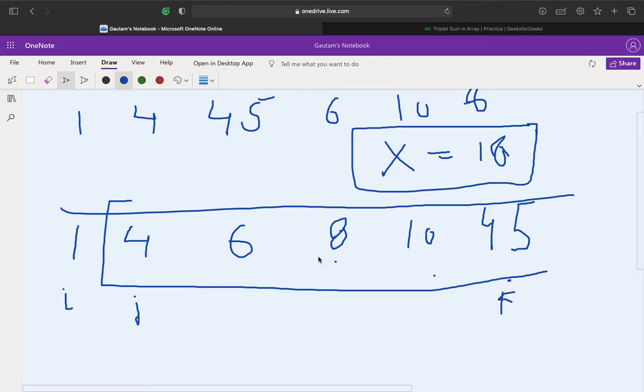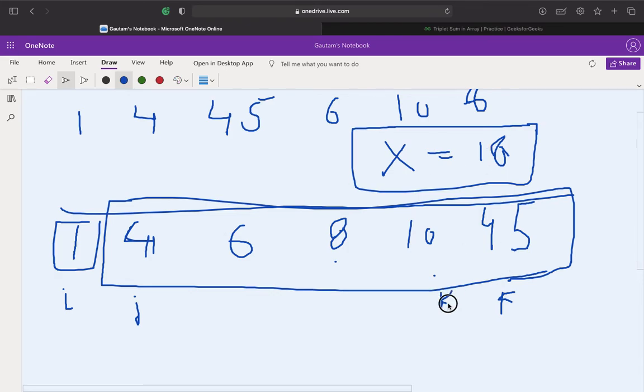This is possible only on a sorted array. So we'll check if 4 plus 45 is a value that, when added with ARR of i, is equal to 18. 4 plus 45 is 49, which is way too much compared to 18.